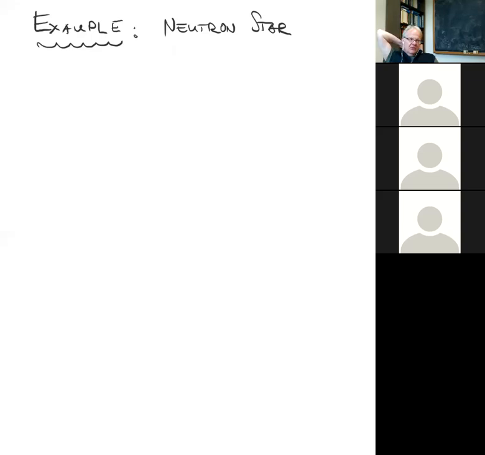Now, there are some systems, stars larger than the sun, for which electron degeneracy pressure is actually not quite enough to overcome gravity, because gravity is a long-range force. If there's more and more stuff, then you actually get more and more attraction. And so there's a next thing that can potentially save you, and that's the Fermi degeneracy pressure of protons and neutrons. And a system where the main source of pressure is this Fermi degeneracy pressure of neutrons is called a neutron star.